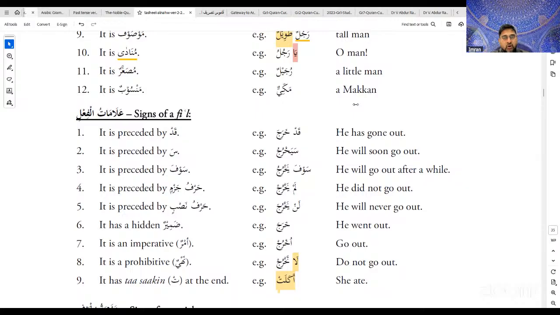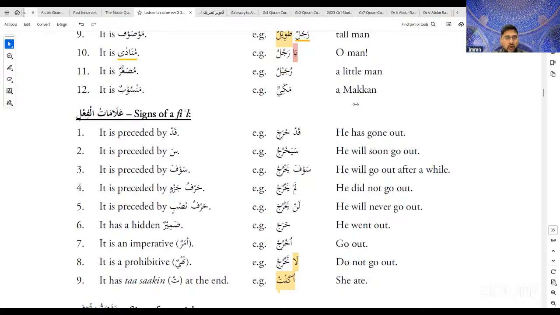Because if you have a broken noun, a plural masculine noun or a feminine noun, in the English language we don't have this. For example, in Arabic we have Muslimun and Muslimat, Muslims, males and females. In English we don't differentiate between the two, but in Arabic we do. So once I teach you the i'rab for each of them, then I'll give you the ayat of the Quran and make you understand the translation, how and why this harakat is given to it, and then you'll be able to work out the translation of the ayat of the Quran as well, inshallah.